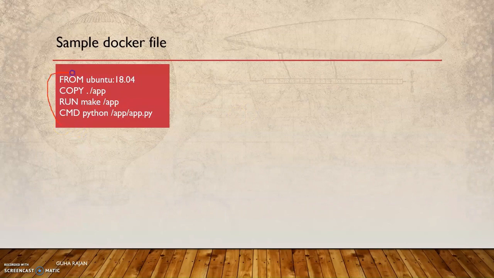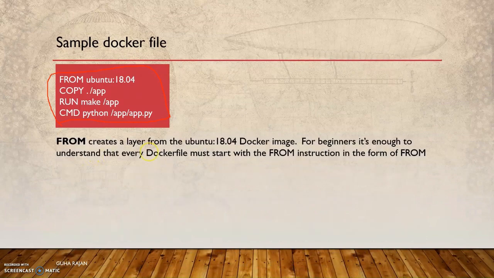You will see something like FROM, COPY, RUN, CMD. FROM is called the base image. So FROM creates a layer of the Ubuntu image. For beginners, it is enough to understand that every Dockerfile must start with the FROM instruction. So it's kind of a base image. From that you build up, you copy certain